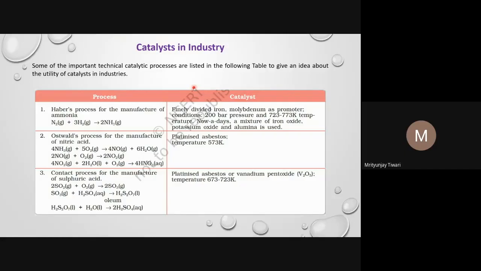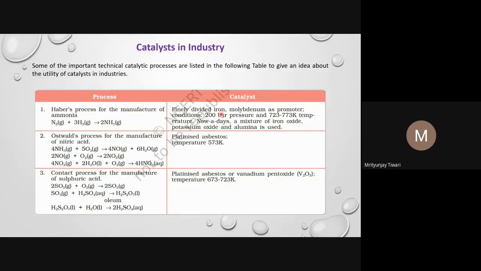So let us talk about some catalysts in the industry. Some of the important technical catalytic processes are listed in this table. This is the Haber process that we know for the synthesis of ammonia, and this ammonia is important for the formation of urea. In the Haber process reaction, nitrogen reacts with three molecules of hydrogen to form two molecules of ammonia, and this reaction has to be catalyzed, and it is catalyzed by finely